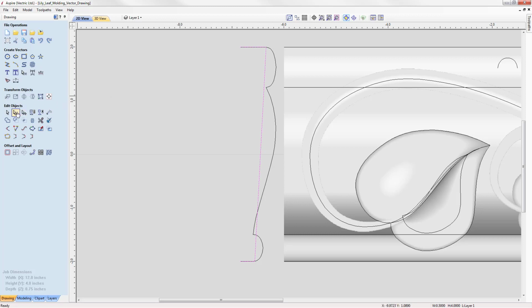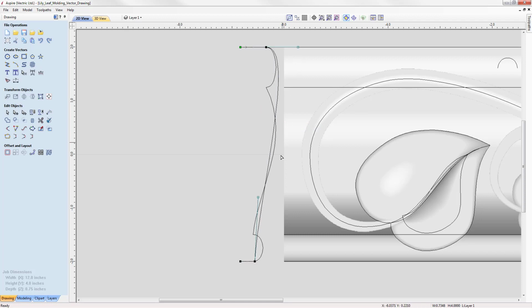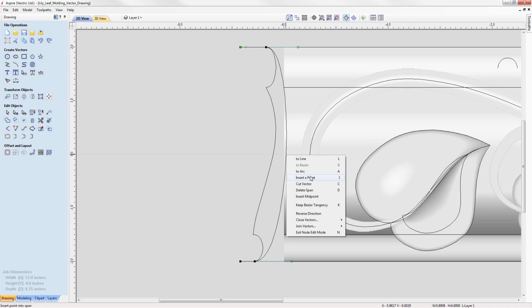So with that, we're going to put that into node edit mode. We're going to right click, and then we're going to look at turning this span into a Bezier span. Take that handle, I'm just going to put that up there. This handle, we're going to align that there like so. Then we're going to insert a point here,